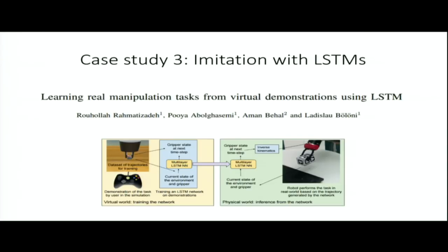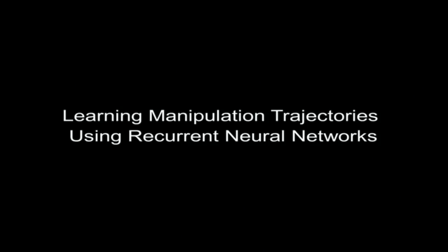So the next case study I'm going to talk about is for robotic manipulation. What these guys wanted to do is use a robotic arm to move some objects around, and they collected demonstrations using a video game controller in a simulator. They had a recurrent neural network policy to deal with the non-Markovian actions, which turned out to be a big problem for them here, and they used a mixture of Gaussians as the output to do multimodality. So those are two of the ideas that we talked about in the lecture. So here are some videos. Let's see if this plays.